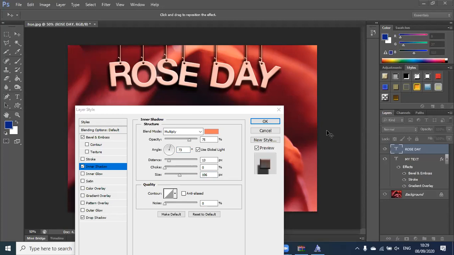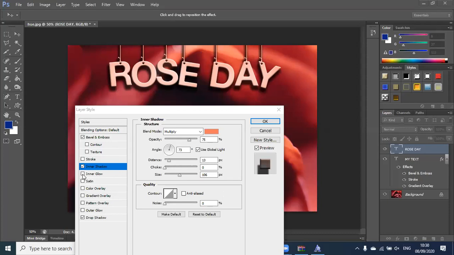Don't try out exactly the same numbers that I'm using. I'm not setting up that today I will keep size 100 or distance 13 only. There are people who do that. Try to be a little versatile. Just move the gauge and see how it is looking. The one that looks good is good, simple. Don't look at the perfect numbers. Few people say no, I want distance to be 15 because in that website it was 15. No, don't copy. Just look at how it's looking good on your side, and go with that. Okay, fine. So I think inner shadow is done.